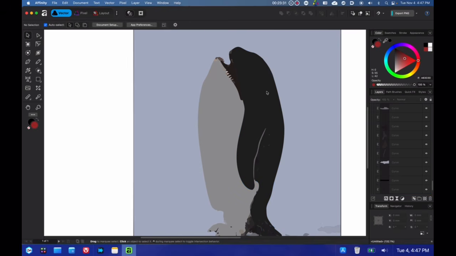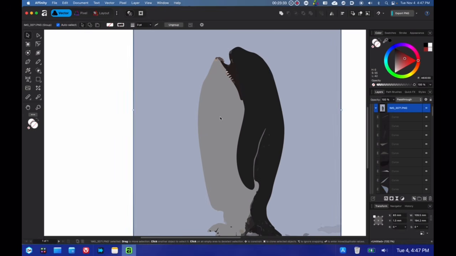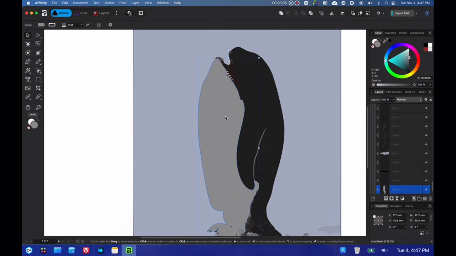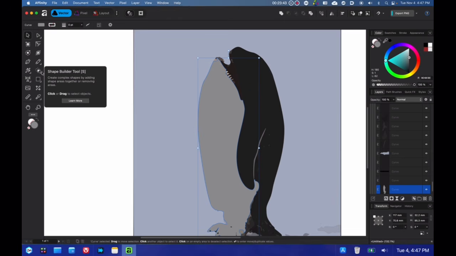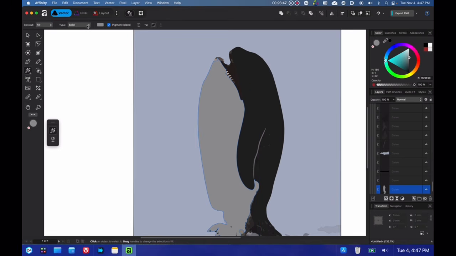Now I'm going to give this penguin whale a colorful belly. So what I'm going to do is use a new feature, which I don't think anyone covered yet. It's a new gradient feature. So let's go into the gradient tool, and there is now a mesh gradient tool.